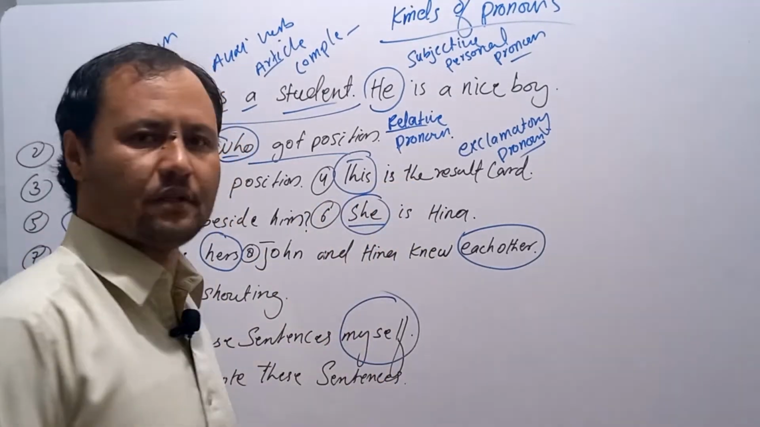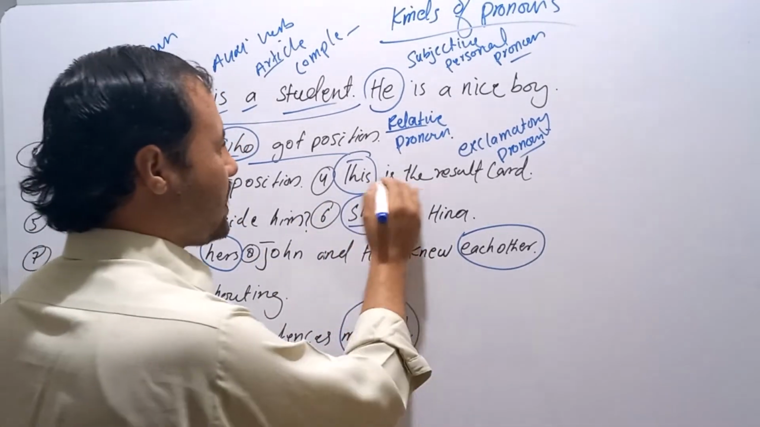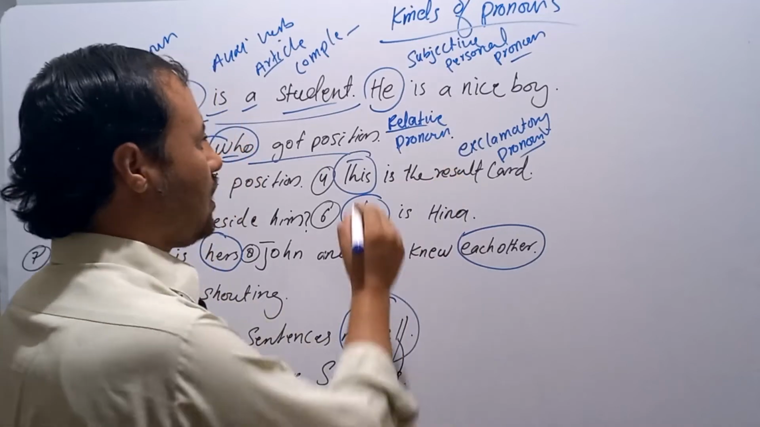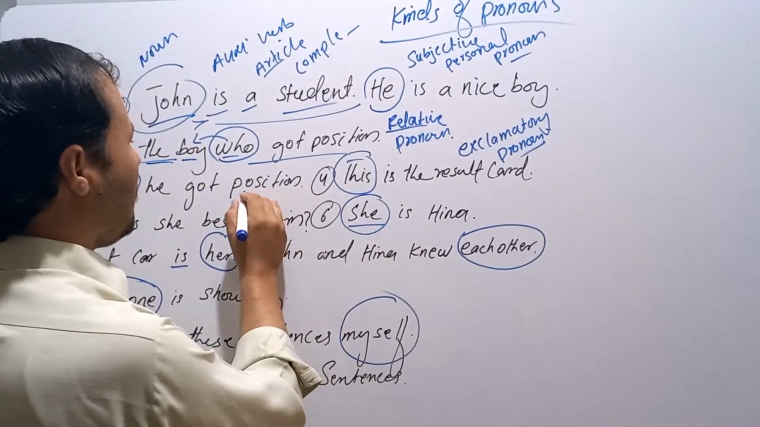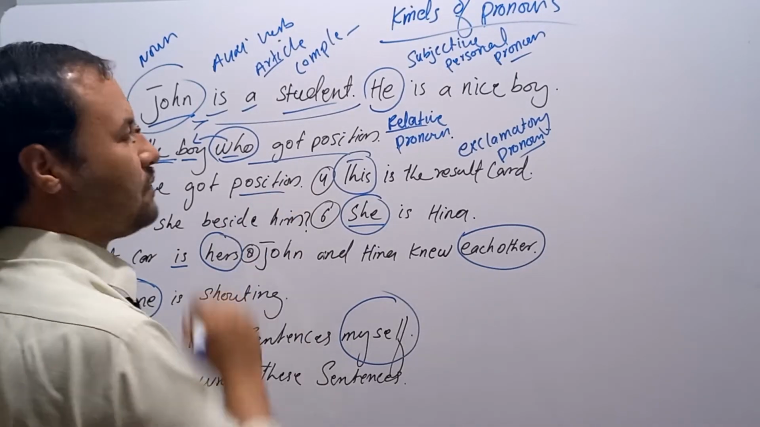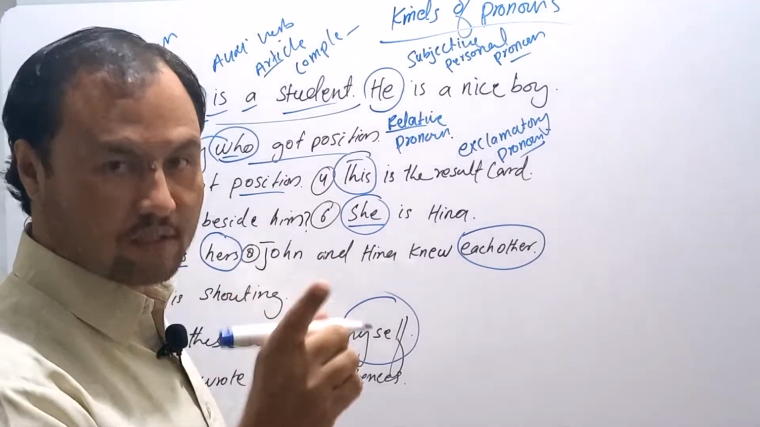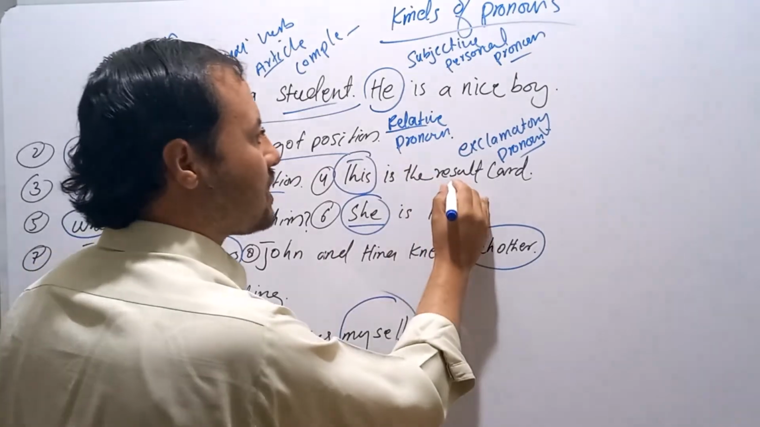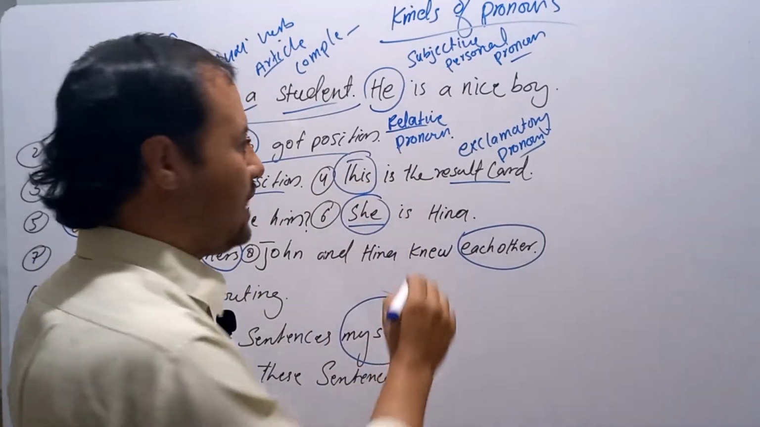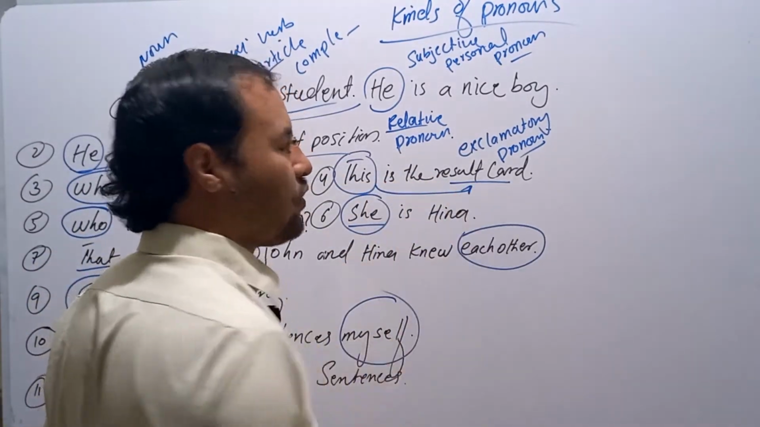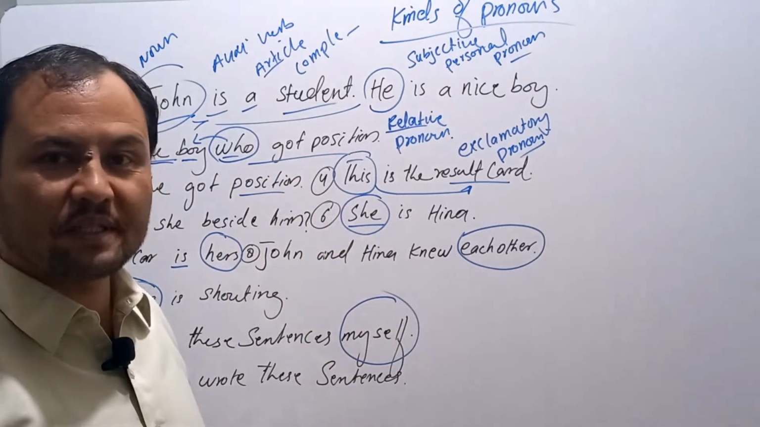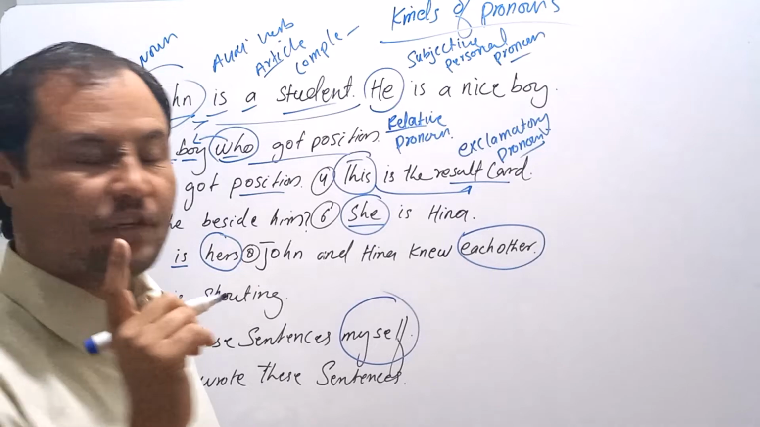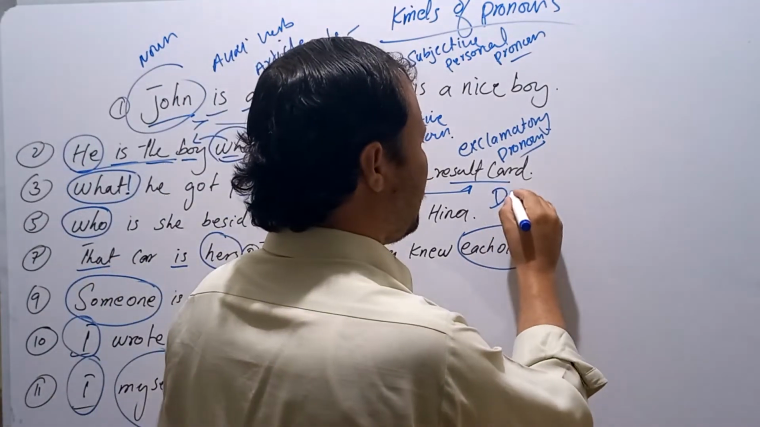This is the result caught. Now see, it is another sentence. This is the result caught. Here, what is this? This is also talking about he got possession. Possession is a noun. This is the result caught. Now this is referring to the result caught. So this is a pronoun. What kind of pronoun is it? It is a demonstrative pronoun. We call it